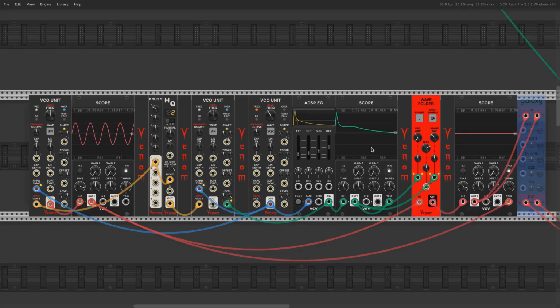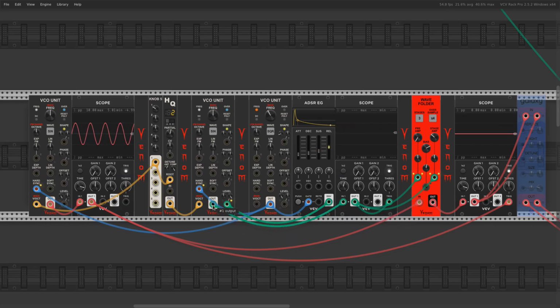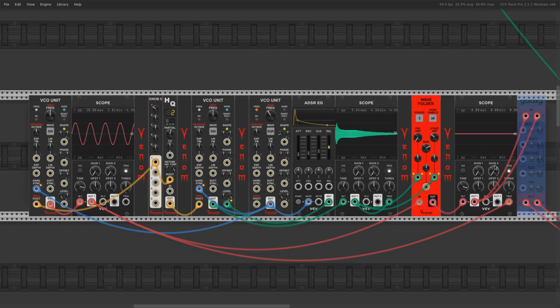So instead of driving the wave folder with the envelope directly, let's use VCO instead. So let's listen to what that sounds like on its own. We have a VCO that's being driven by that same envelope, and now if we come back to our folder and then take, instead of the envelope output, we take it from the oscillator, and now we bring up